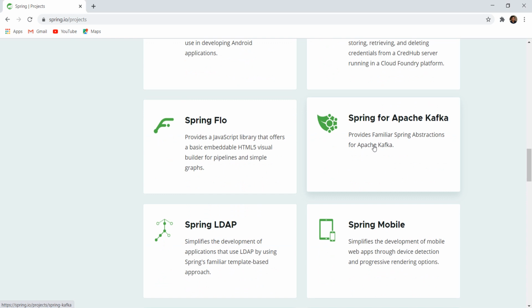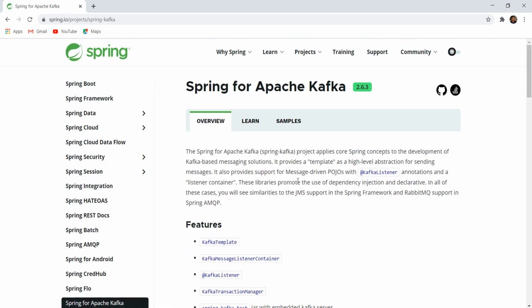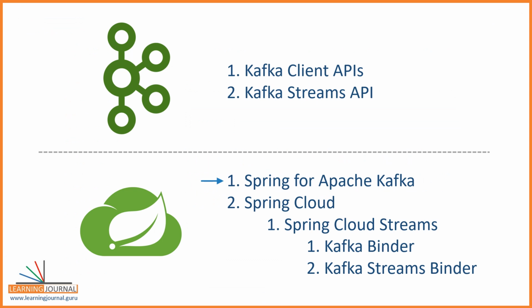Here it is. You can use this framework to create Kafka producer and consumer microservices. This framework makes Kafka a first-class citizen in the Spring Boot project, and it is aligned with the Kafka Client APIs. Great. So we covered the first level Kafka support in the Spring Framework.